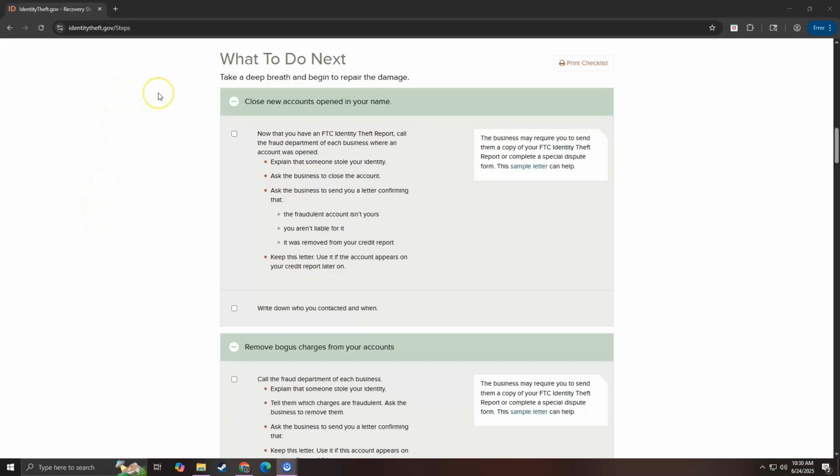Okay, so now that you have reported the identity theft to your local police department, you want to go back to identitytheft.gov and open your recovery plan and go through and close new accounts that were opened in your name. And you do that by contacting each of the businesses where the account was opened, and you explain to them that someone stole your identity. You ask the business to close the account,